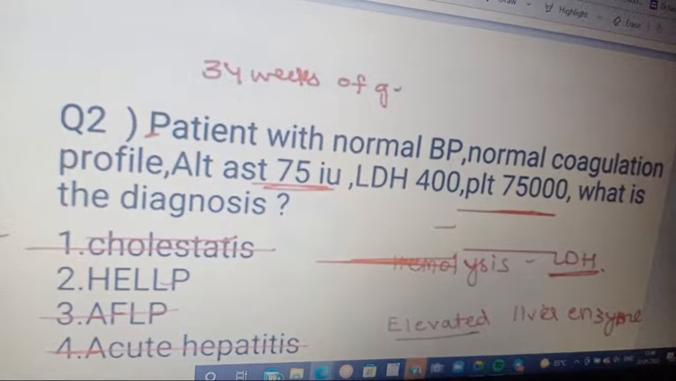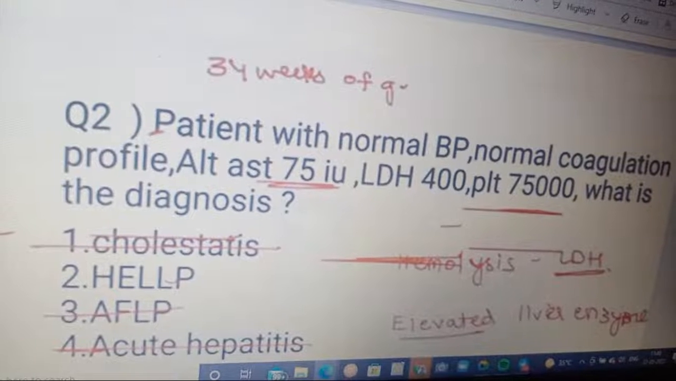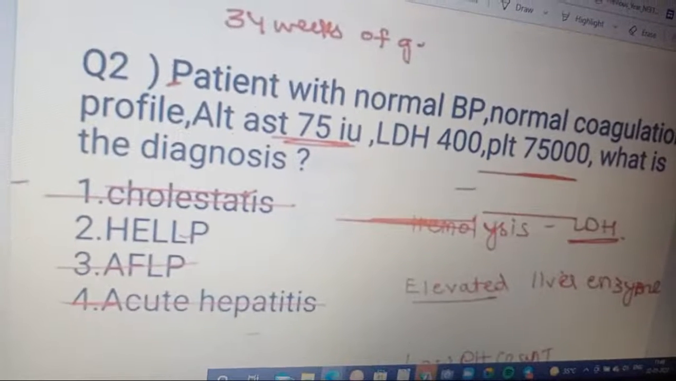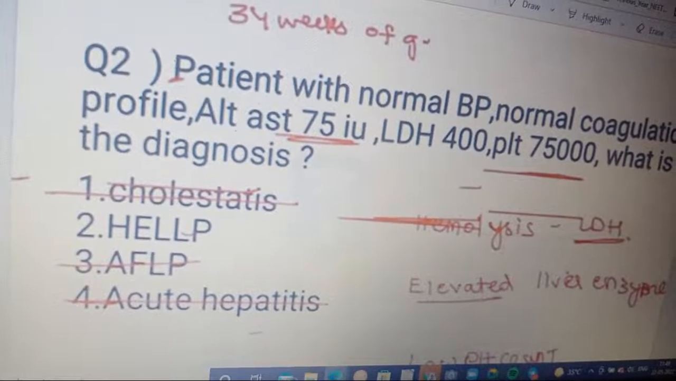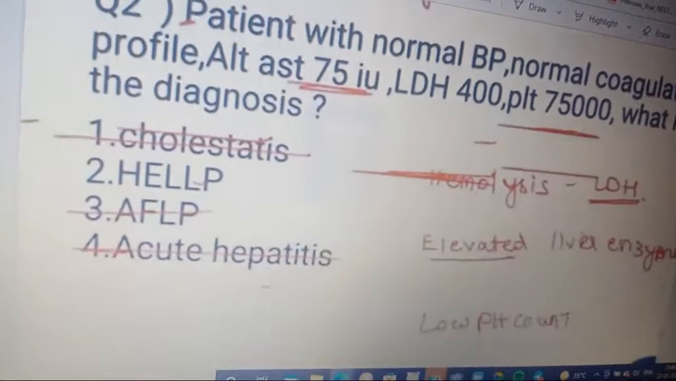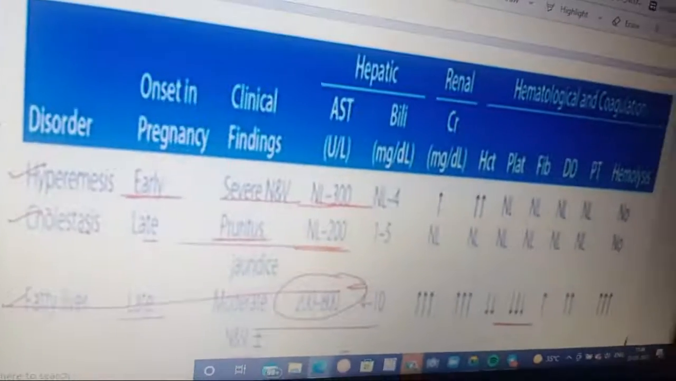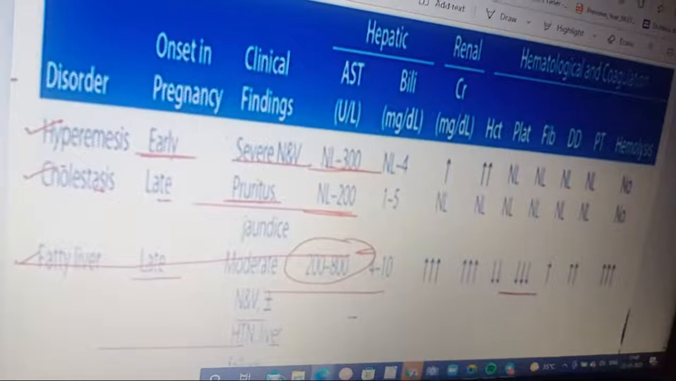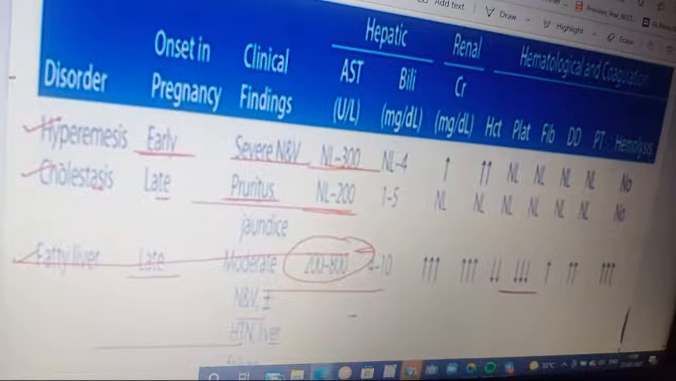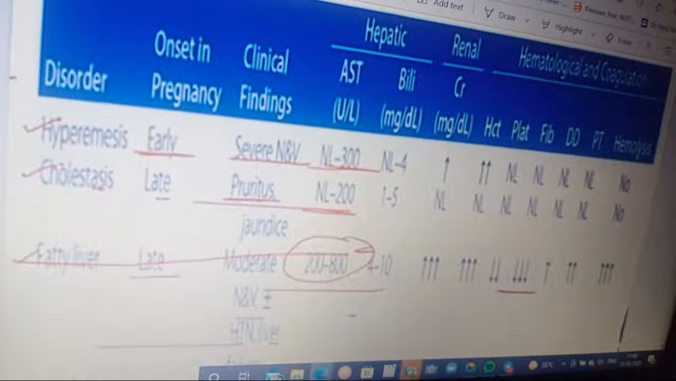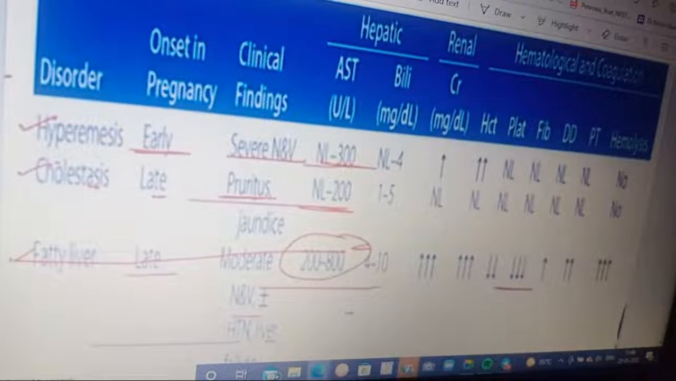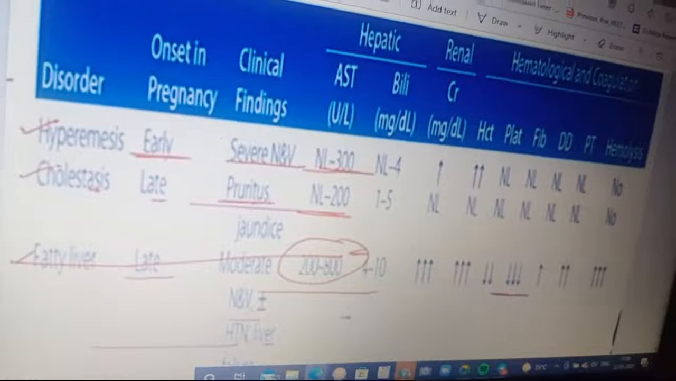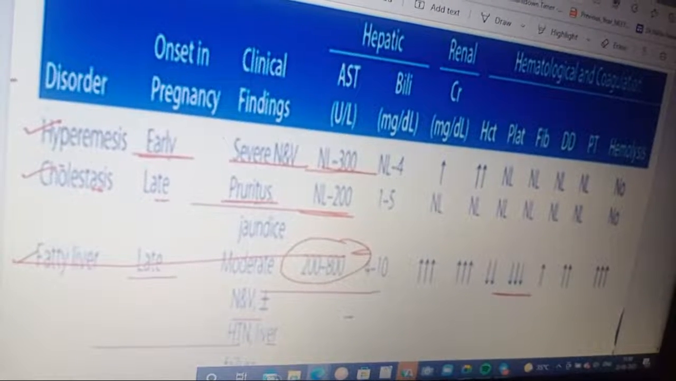A patient with normal BP, normal coagulation profile, AST 75 IU, LDH 400, platelets 75,000. What is the diagnosis? The options are cholestasis, HELLP syndrome, AFLP, and acute hepatitis. For this we have to use this table. In hyperemesis, the onset in pregnancy is early. Clinical finding: severe nausea and vomiting, AST is 300, bilirubin normal, creatinine increased, HCT increased, platelets nil, PT nil,